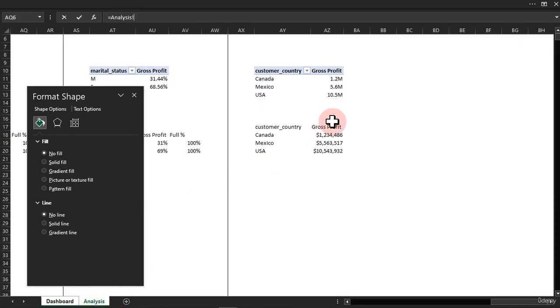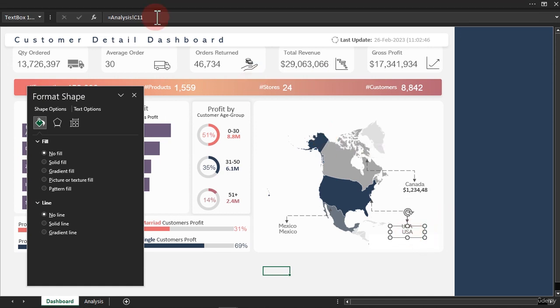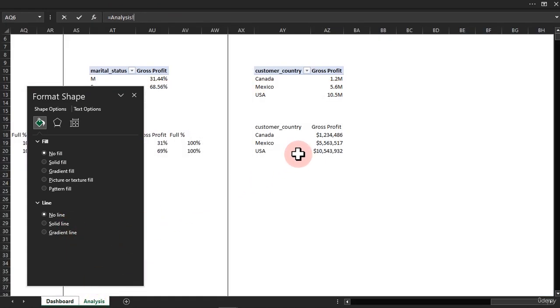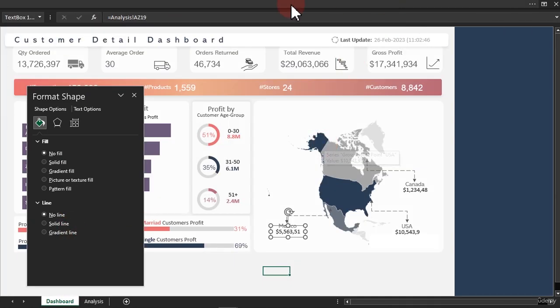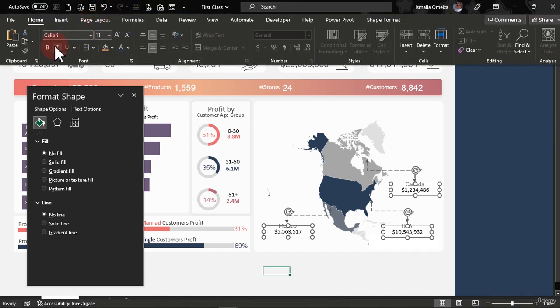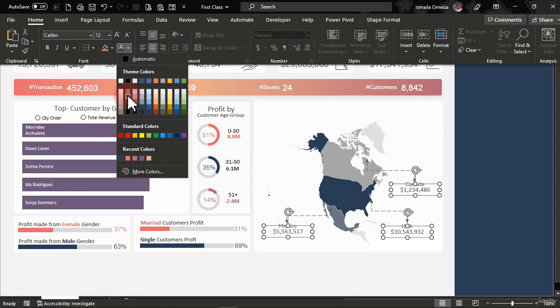So I'm going to come here now and pick up the value for Canada. I'm going to pick up the value for the United States. So I'm going to pick up the value for Mexico as well. That is okay. So after this now, for the values we actually got, let us crank them up a little bit. And we can select this color